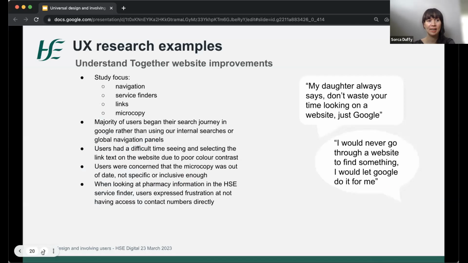So if you could move on to that next slide, please. Thank you. So this example is a piece of research we carried out